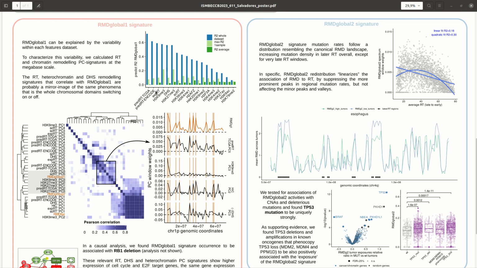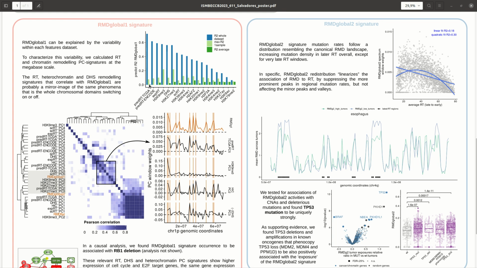We tried to predict the RMD Global 1 from these features using the whole dataset, so it's sampled separately, fitted in the model, 1 sample at a time, or the average of the feature. And what we saw is that the RMD Global 1 could be predicted from the variability within its feature, but